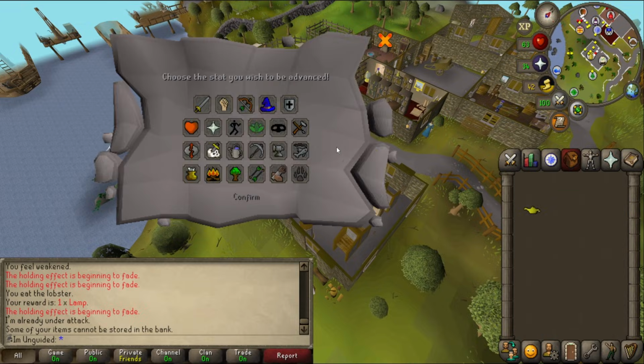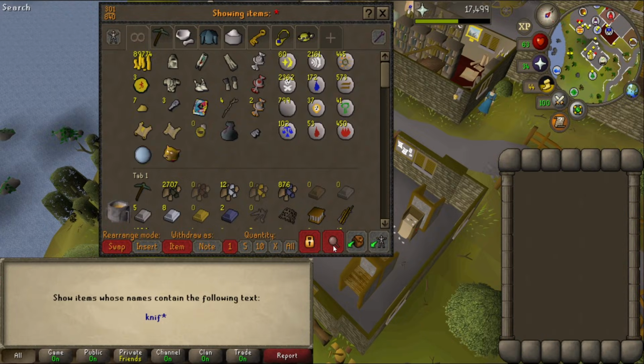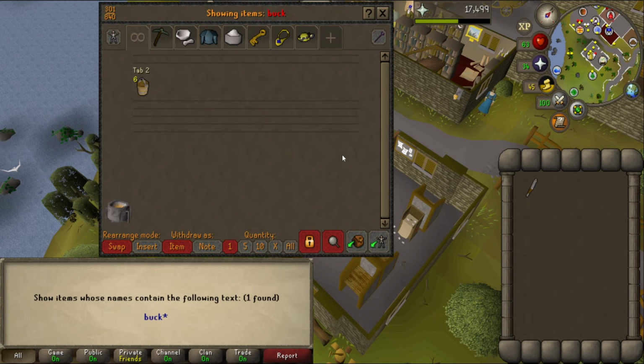Alright, we are back at the bank. I had a thought about this whole resin thing that you need to get from a tree. Obviously I ran around trying to look for a conifer tree. I wonder if you just needed a knife instead of like a...